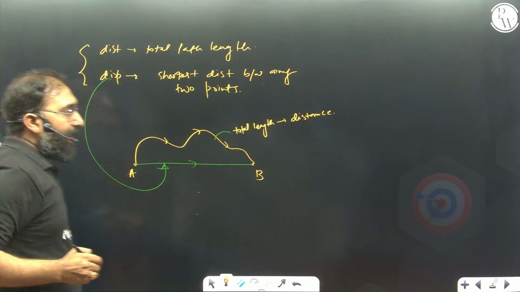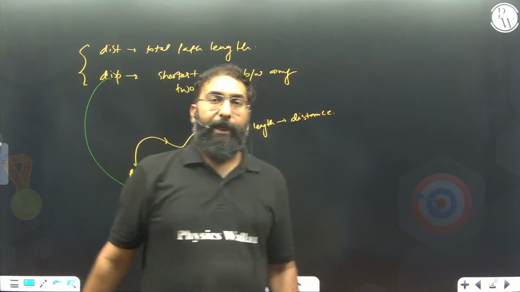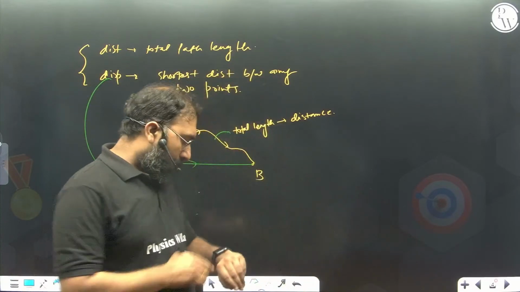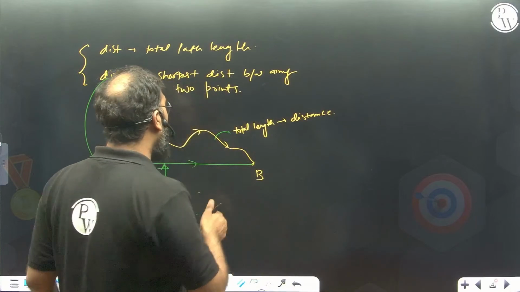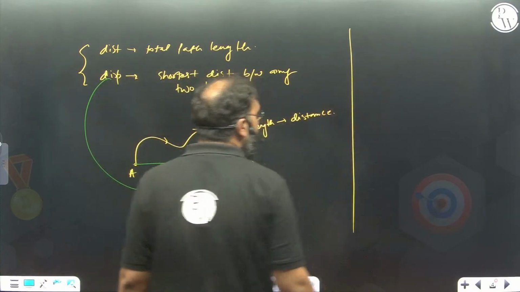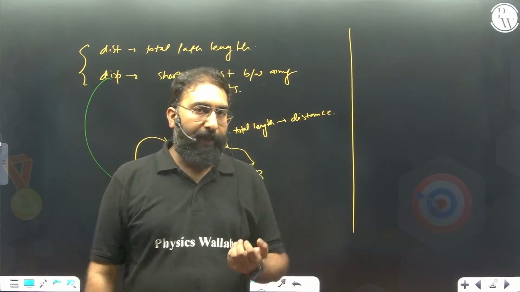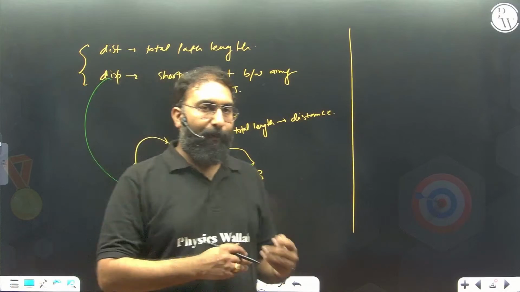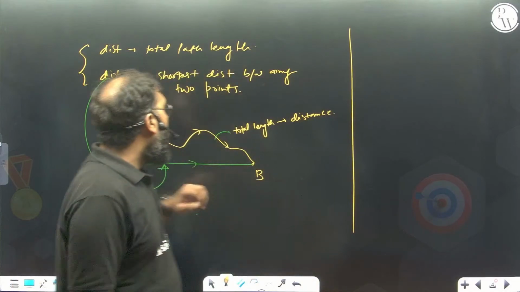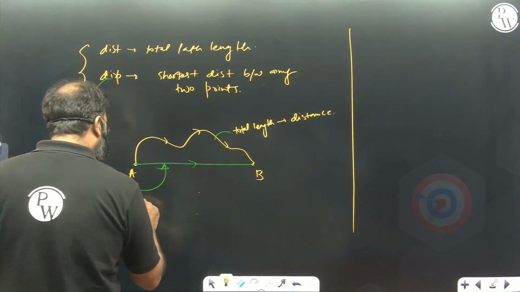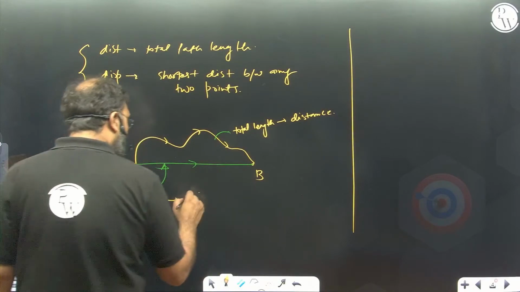So you can understand that when a particle travels in a straight line path, then distance and displacement are both equal. But if the particle changes its direction, or it returns back, then distance and displacement will be different in magnitude. And then we have one more quantity, that is speed, and that is defined as the